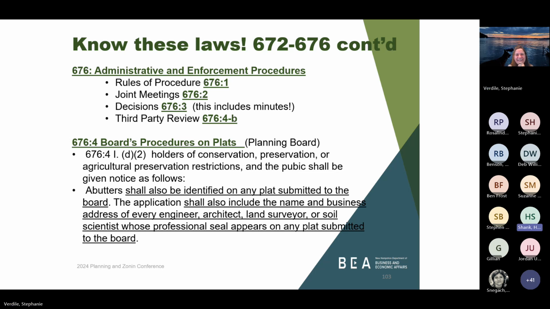There's a question: how and when are planning board alternates used, and who decides? That could be found in your rules of procedure, and each municipality, each board has different guidelines for alternates. Alternates are utilized when a regular member is absent or has to recuse themselves. Some municipalities encourage alternates to be involved in every case, sitting at the table. They can ask applicants questions. They can't make motions if they're not seated as a regular member.